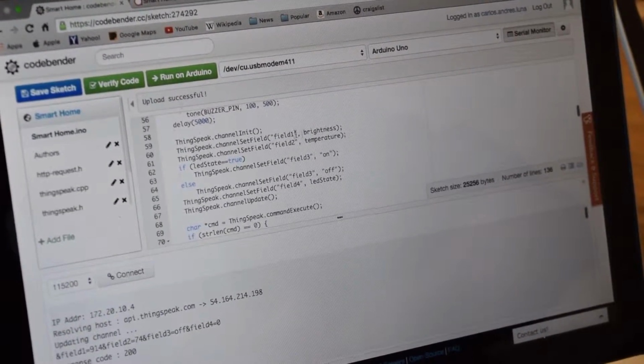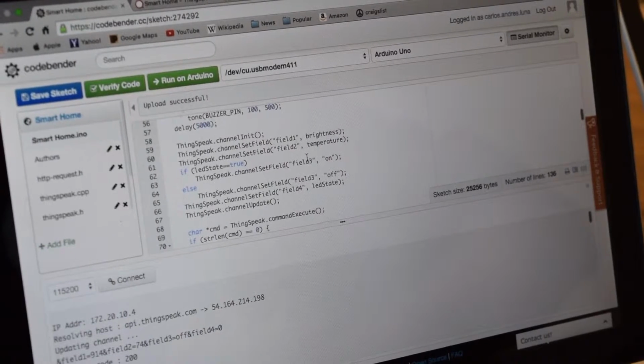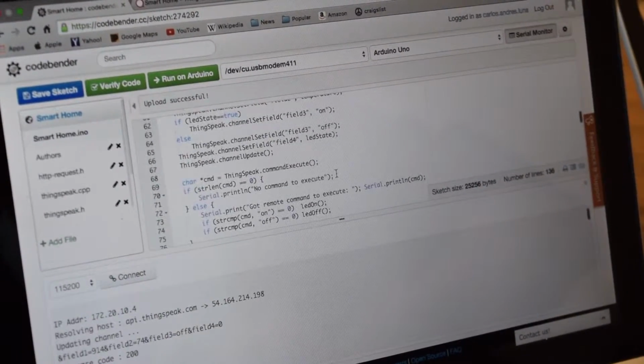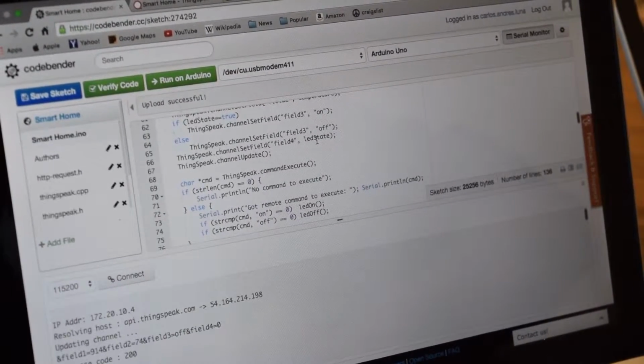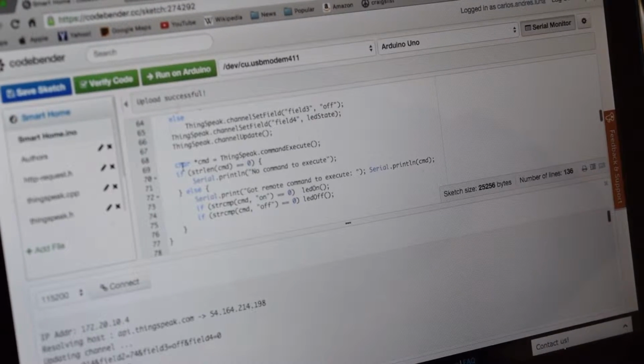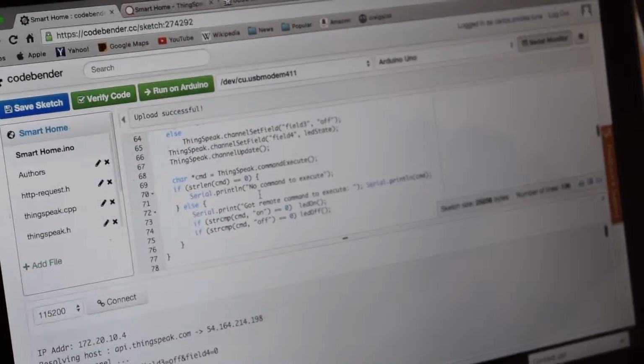We have in field 1 the brightness, field 2 the temperature, on field 3 we send on and off texts, and on field 4 we send 1 or 0 as a LED state. And at the end we also check the fetching from ThingSpeak to know when the website is sending the commands or not. We have a function called check button,